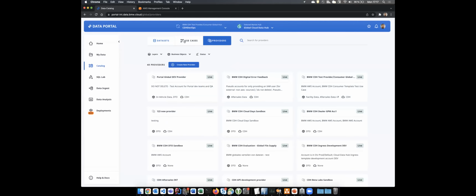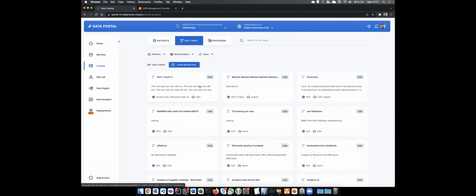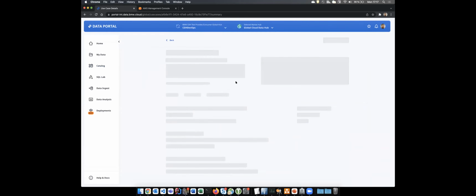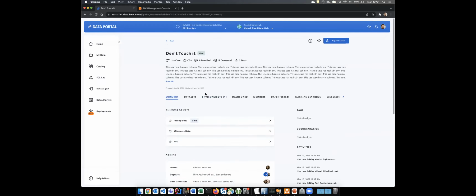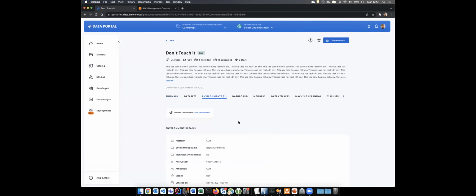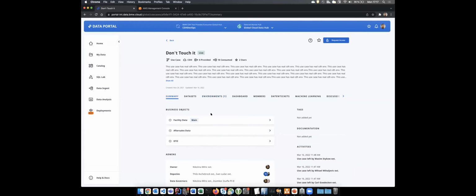And we have a very similar structure for use cases. And use cases, as I said, are really the entities where the analysis or visualizations are done at the end, or also the machine learning model building. And this is a similar concept to the providers, where you can have different environments under one single use case umbrella. And we use those use case and provider structures to really provide